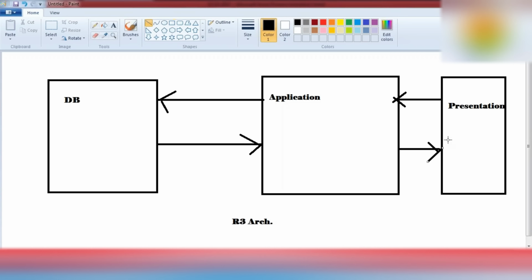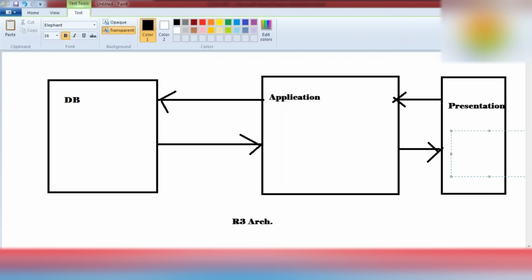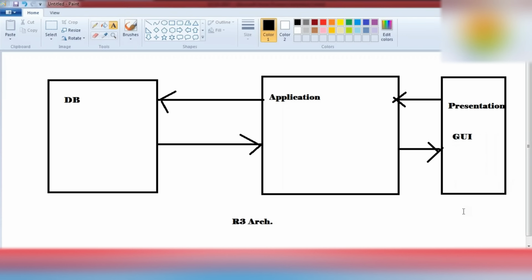So basically the presentation server is now based on GUI, and moreover GUI screens are heavyweight screens, where the loading time and memory consumption are higher than for applications running on the web.